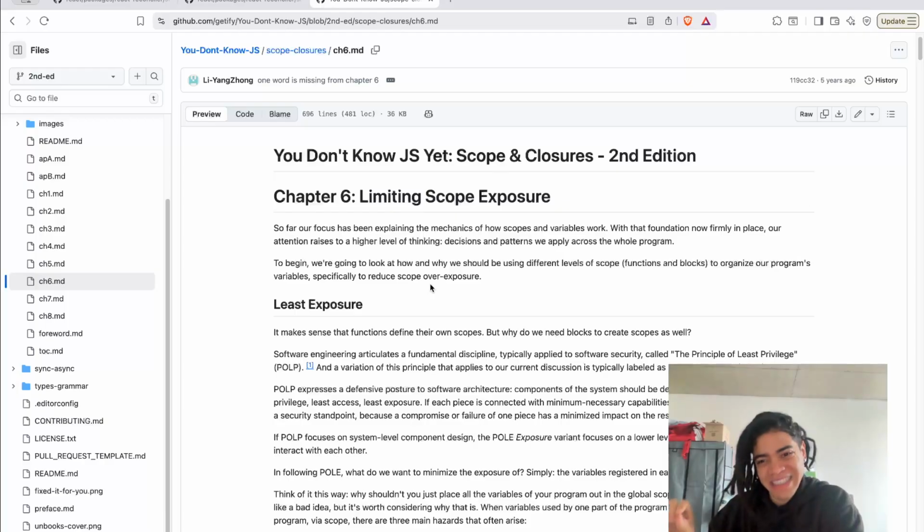If they share minimum capabilities among them, and one of them misbehaves or goes rogue, it won't compromise the overall system architecture. So in this case, Kyle Simpson, the author of this book, is presenting this idea